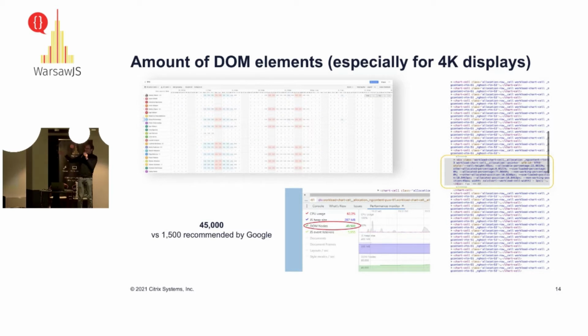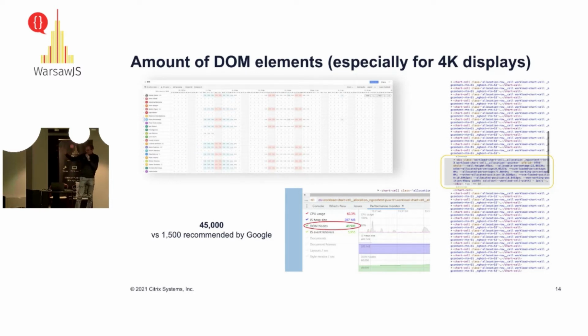It is really crazy. When you open recommendations by Google, they say you should have a maximum of around 1,500 DOM elements in a page. We have this pretty fancy grid of day cells, especially for 4K displays or even for full HD.